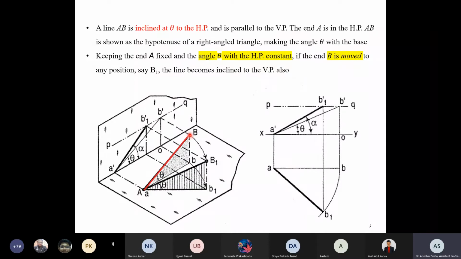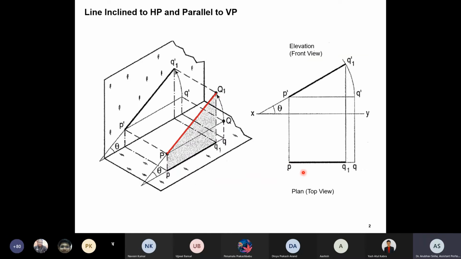Okay, we'll rotate the triangle and the new position will be this shaded or hatched region. This is the new triangle. Okay, now what will happen to the projections? If I'm looking from the top, the top view is basically, I forgot to mention, another name is plan, and front view is also called elevation. So these are the names for front view and top view.